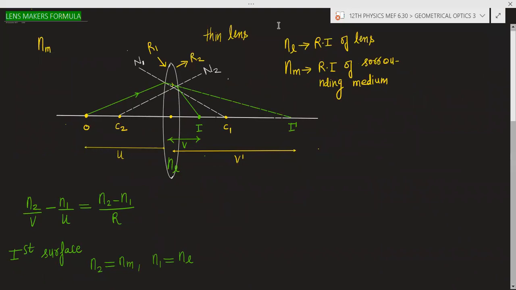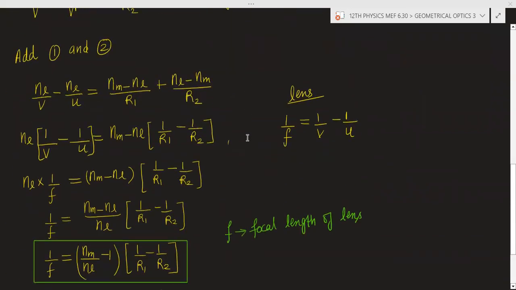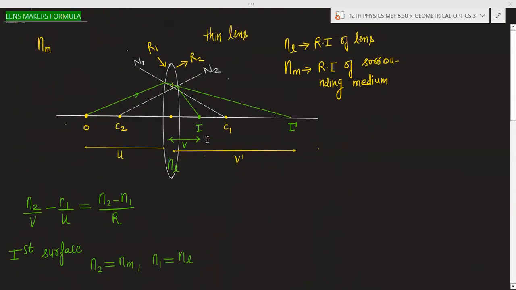Now you can take the screenshots. This is the derivation of lens maker formula. Once again, I am telling how we have derived. So this was the lens we have, and this is the surrounding medium. Lens has the refractive index of n suffix l, and the surrounding medium has the refractive index of n suffix m. So I have supposed here an object is placed, and from this object the ray is going like